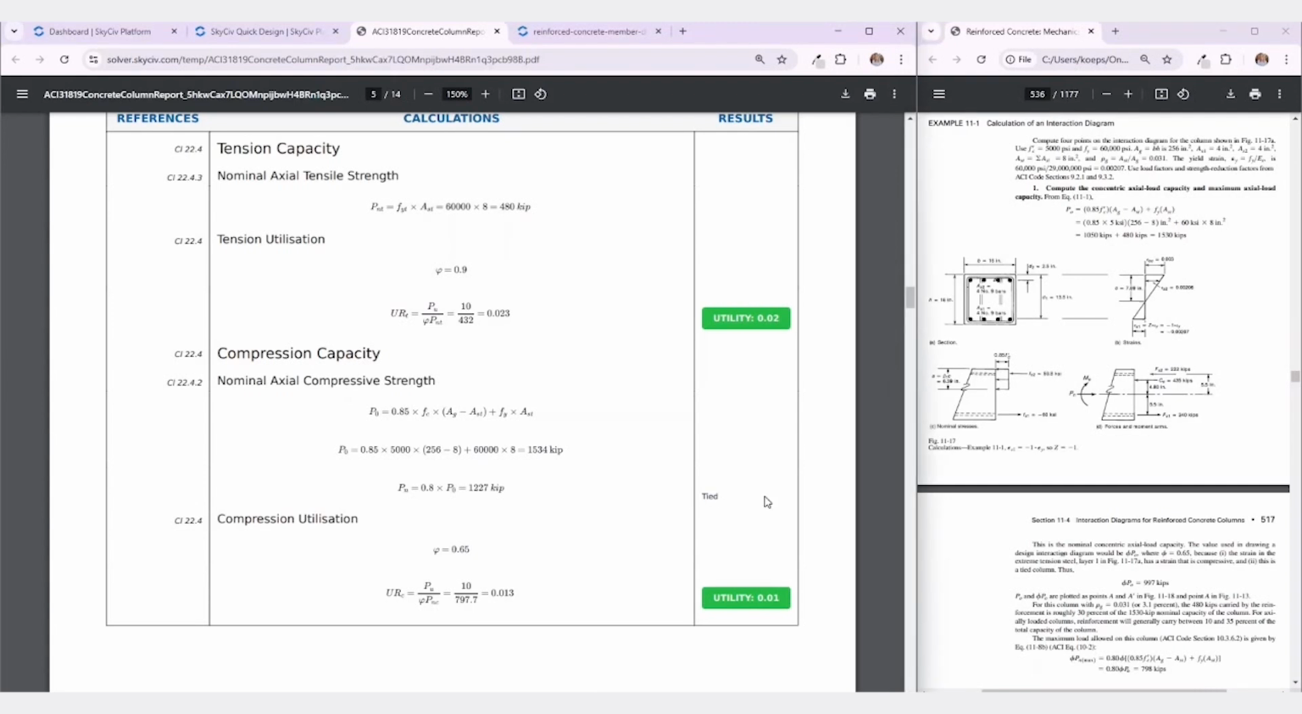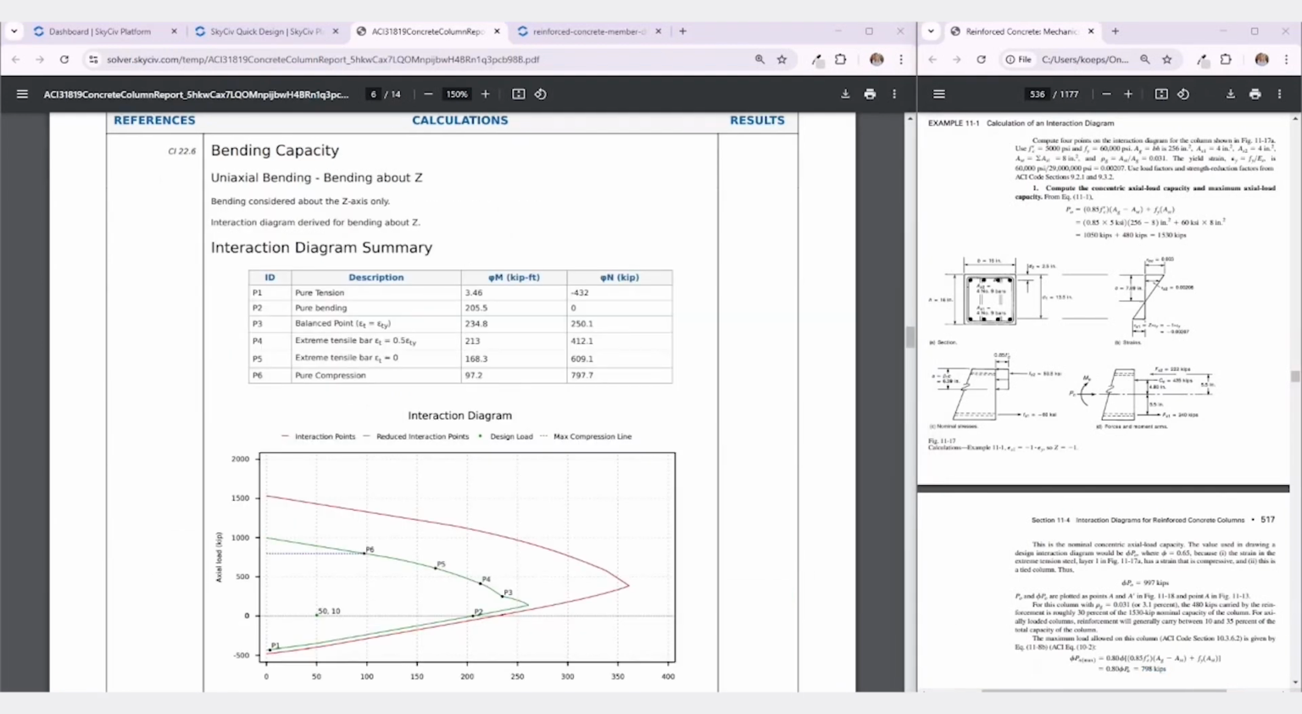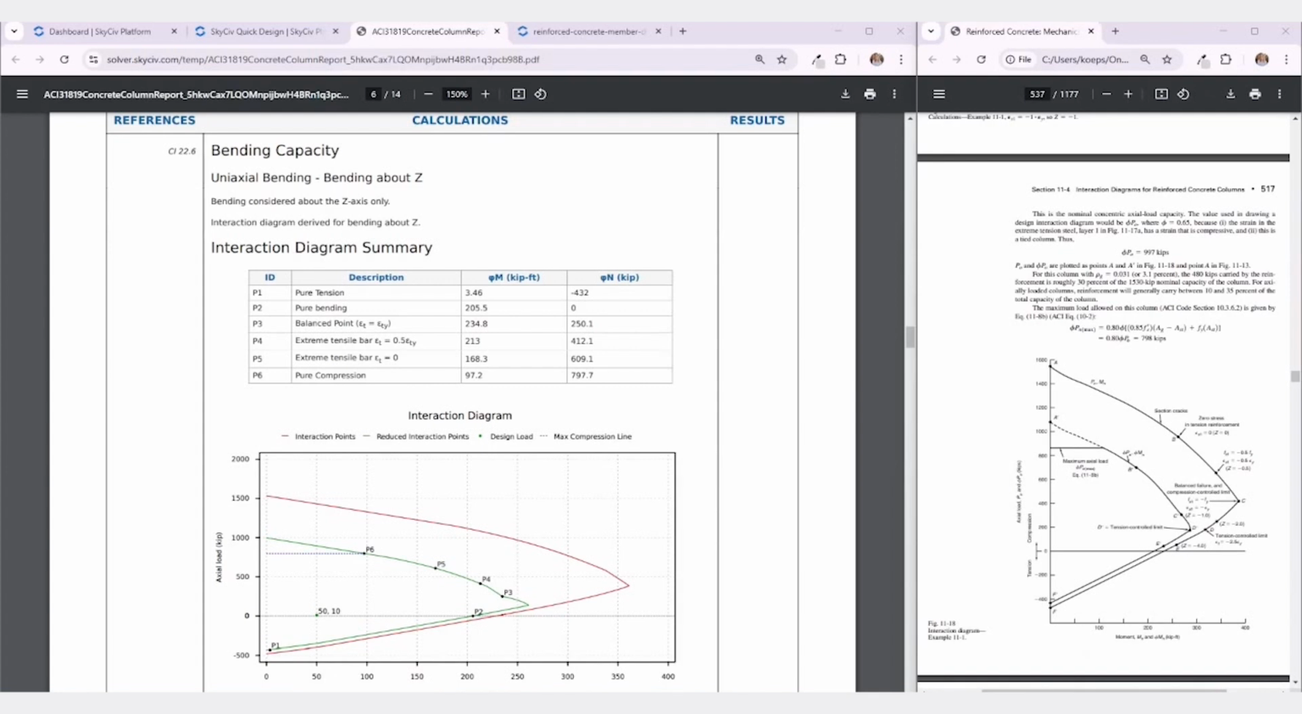We can then see that phi Pn max was calculated to be 798 kips in the example, which is also calculated in SkyCiv as 797.7. Again, the example is rounding. Next, the example walks through several key points on the interaction diagram to determine the column's capacity at different strain